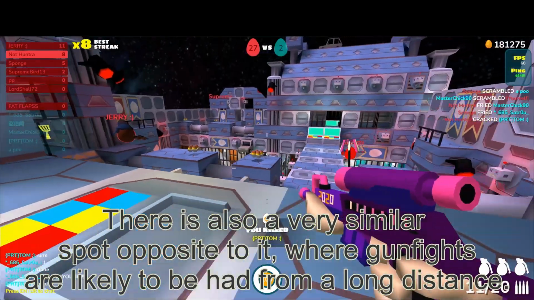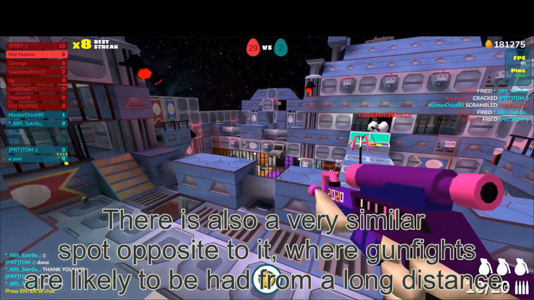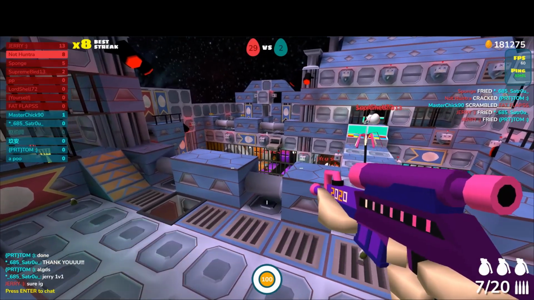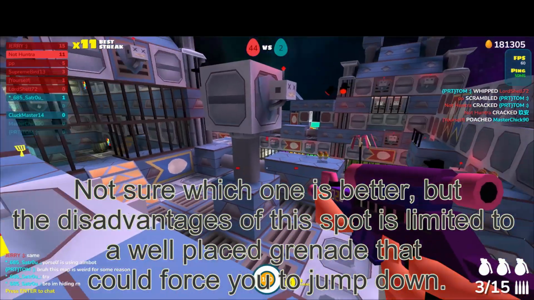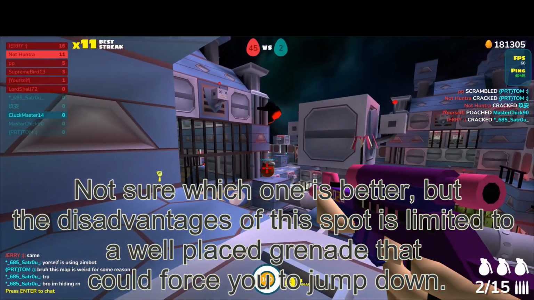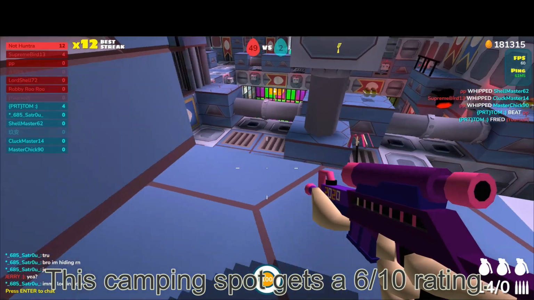There is also a very similar spot opposite to it where gunfights are likely to be had from a long distance. Not sure which one is better, but the disadvantage of this spot is limited to a well-placed grenade that could force you to jump down. This camping spot